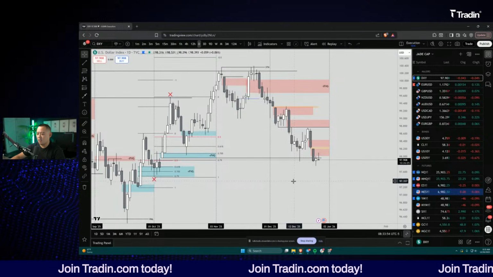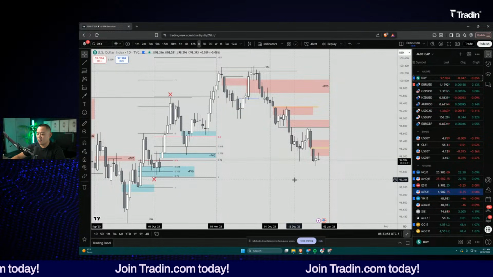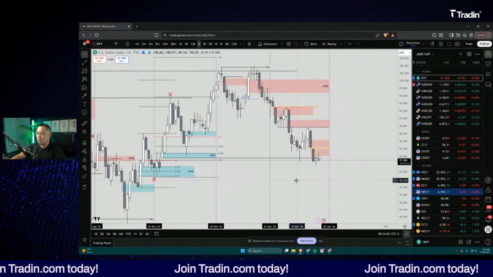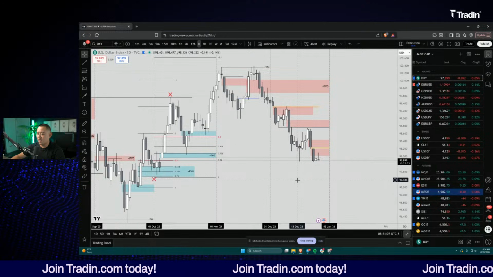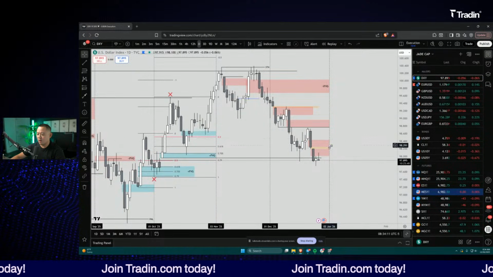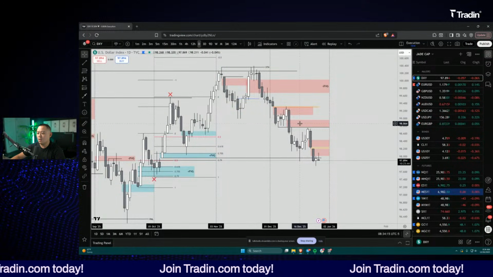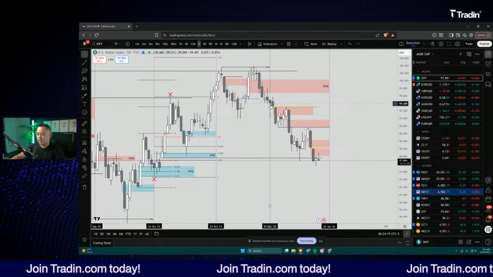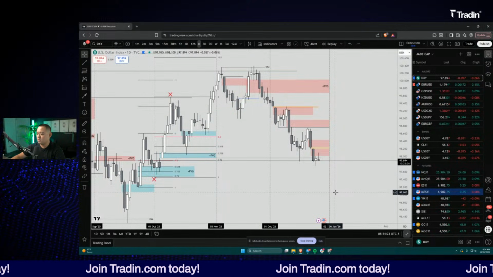You're trying to recognize the pattern that you had seen previously, position yourself properly with the right risk management, and hope for the best. Because once you're in the trade, you can't determine if this market is going to run through all these bearish fair value gaps. You're just anticipating that this pattern that you see over and over again, and the direction that the market is currently trading, is going to continue. And that's all you can do.